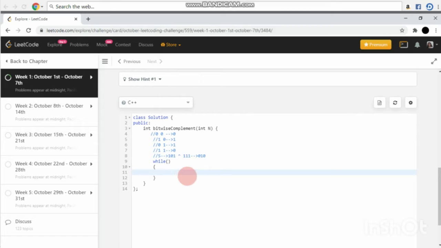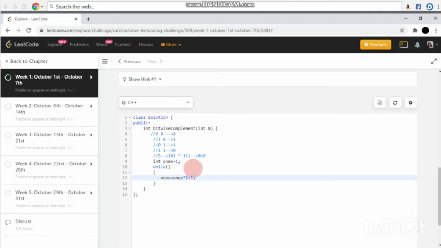If we had a decimal value, we would be doing things like some number equals some number times 10 plus 1. But since we are dealing with binary, we'll be making use of 2 instead of 10, so we'll be multiplying it with 2. So let's take a variable first, name it ones, and initialize it with 1. Then ones will be equal to ones times 2 plus 1.